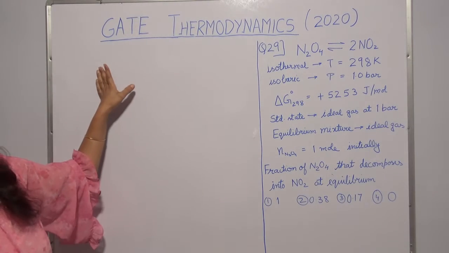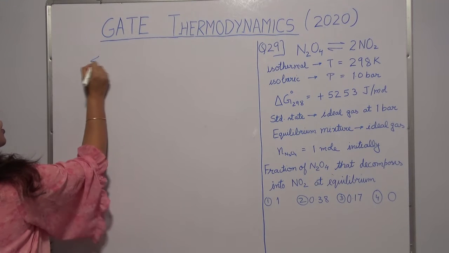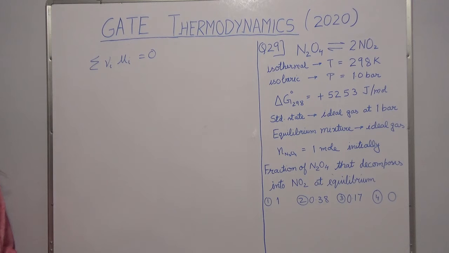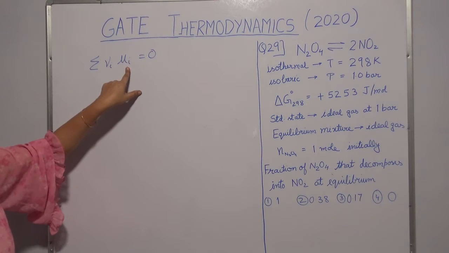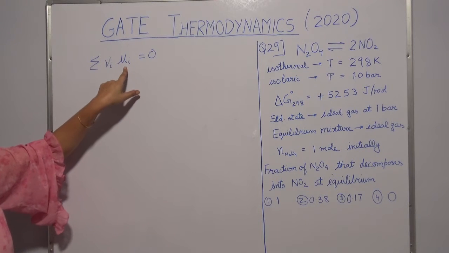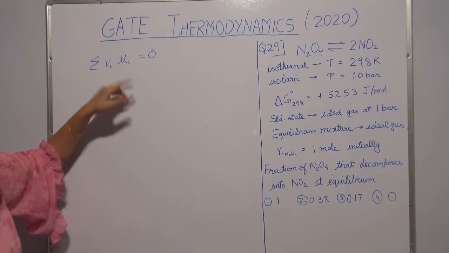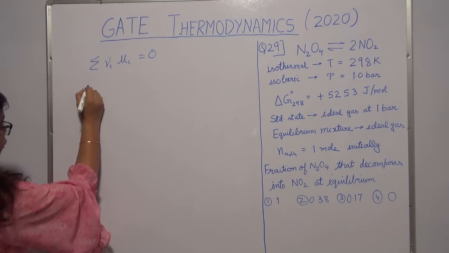Okay, so as usual we will start with the concepts. You all know that the criterion of chemical reaction equilibrium is summation of mu_i ν_i equal to 0, where ν_i are your stoichiometric coefficients and mu_i are your chemical potentials. But usually what we do is we change mu_i into fugacities. So when you use those definitions and change it, your final equation then takes the form of